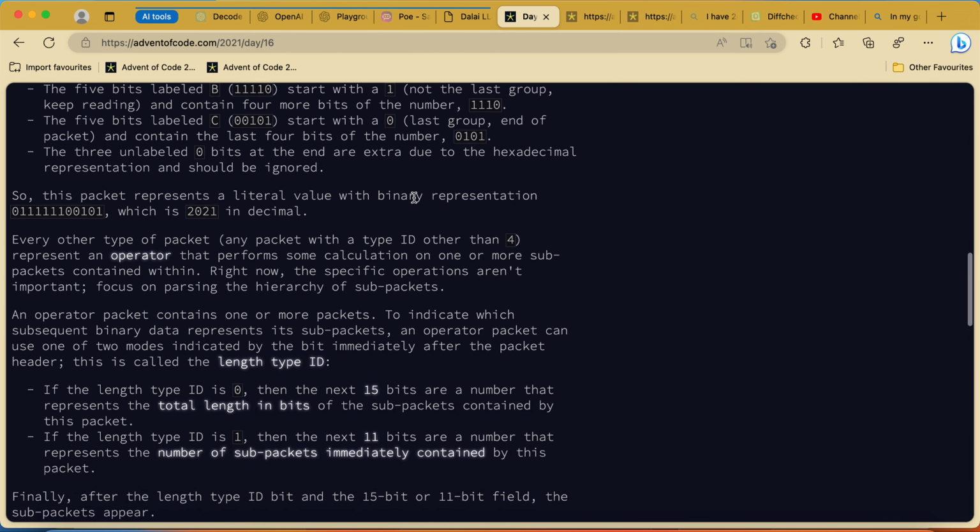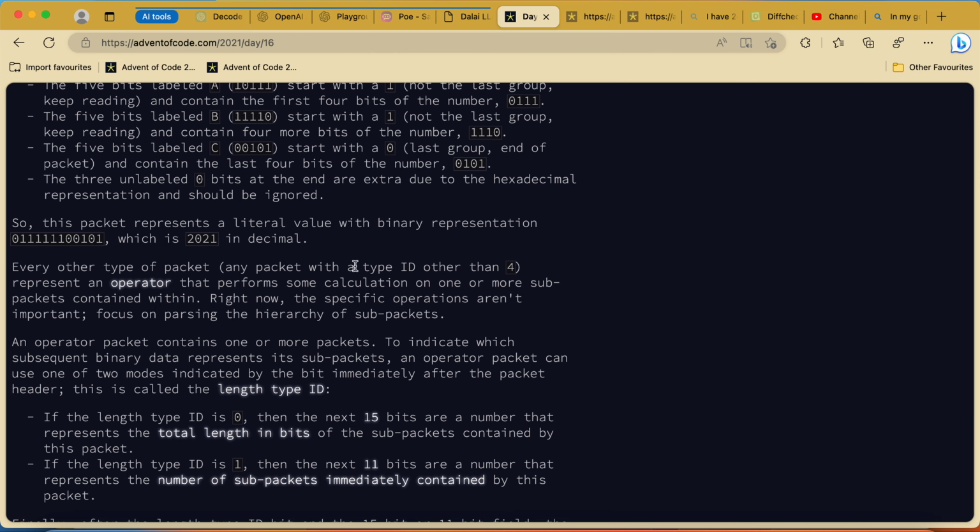Now we're out of this one and we want to check with another one that it's not 4. It's not looping through a number, and it's leaving every other type of packet.